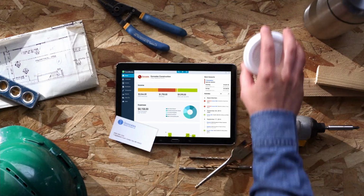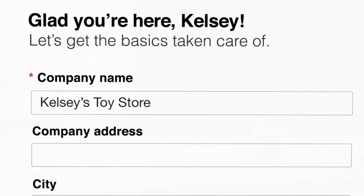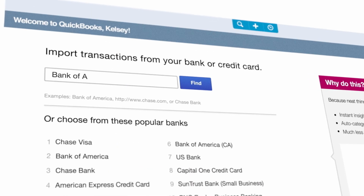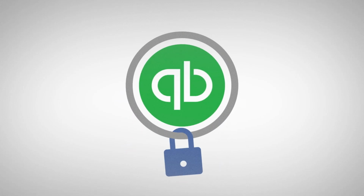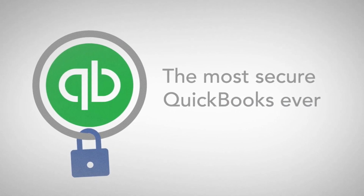Getting started takes less time than ordering a coffee. Just tell us a little bit about your business, and we'll customize QuickBooks for you based on other businesses like yours. Then easily connect your bank account to download and automatically categorize your transactions. No matter where you use QuickBooks, bank-level security and automatic data backups mean you'll never have to worry about losing